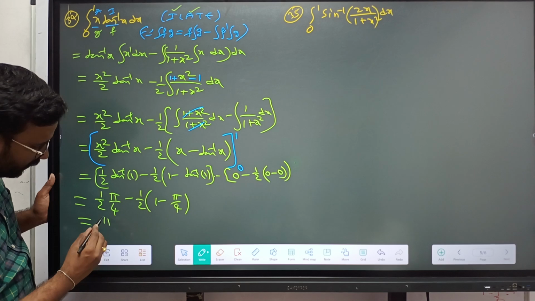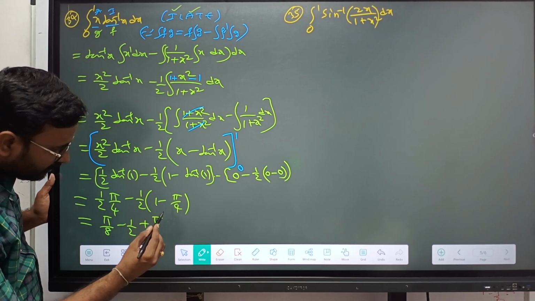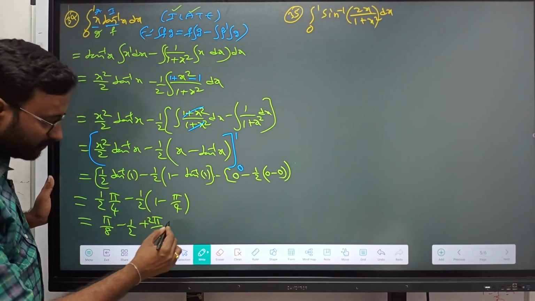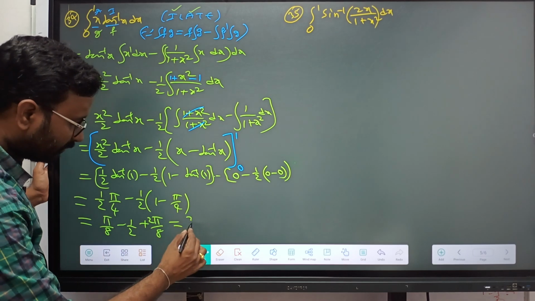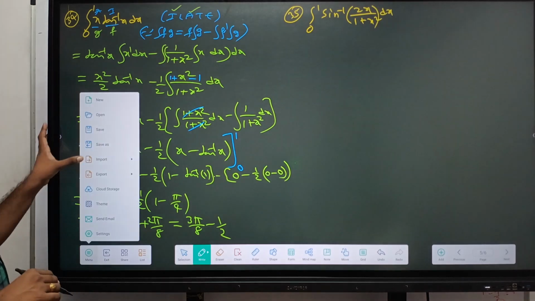So this is pi by 4 minus 1 by 2 plus pi by 8. Taking the LCM, that is 2 pi by 8 plus pi by 8, which is equal to 3 pi by 8 minus 1 by 2. Next,